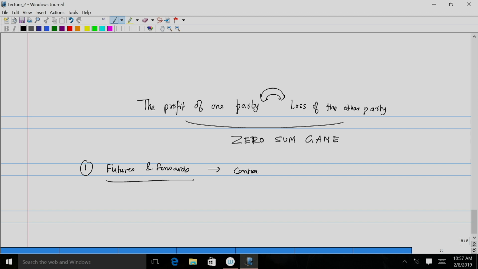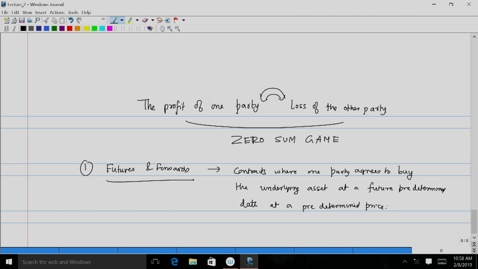These are contracts where one party agrees to buy the underlying asset, maybe a stock, maybe a bond, or some other asset, at a future predetermined date, similar to maturity in case of a bond,